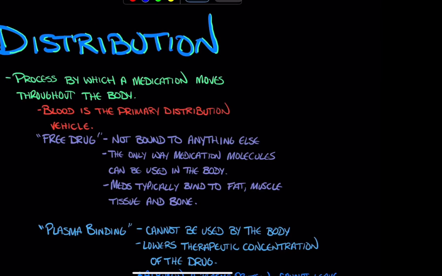Distribution of medication is the process of actually moving the medication through the body. Obviously, the blood is going to be the primary distribution vehicle for that. If you're taking a drug through an oral route, for example, then you're going to be dealing with the GI tract as far as distributing it. But for the most part, you're looking at the blood and tissues to circulate these